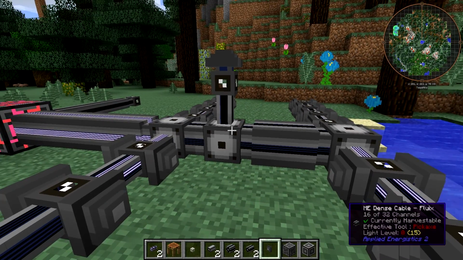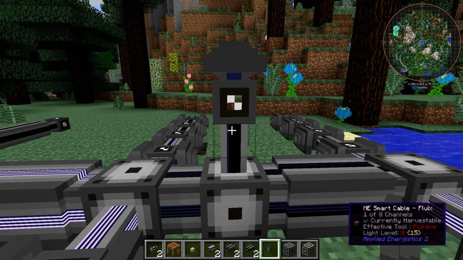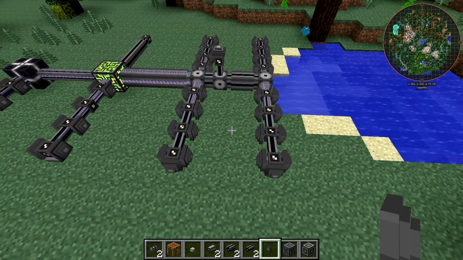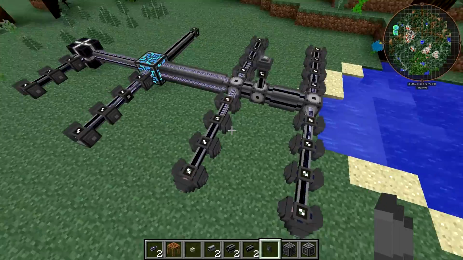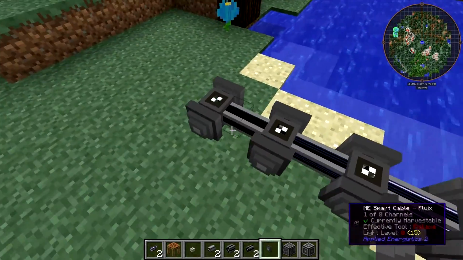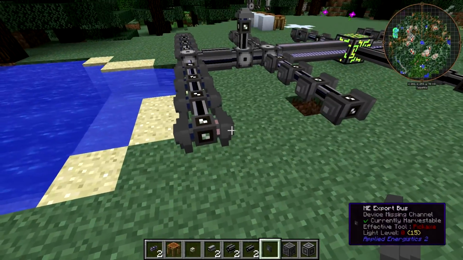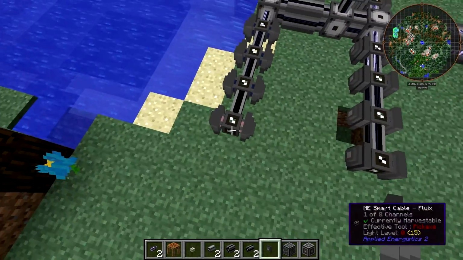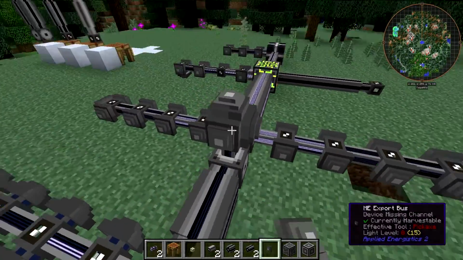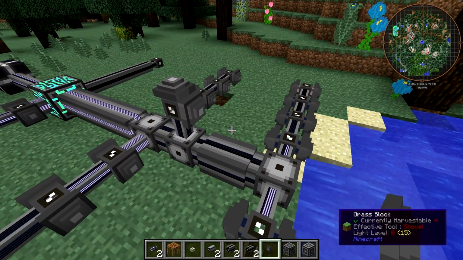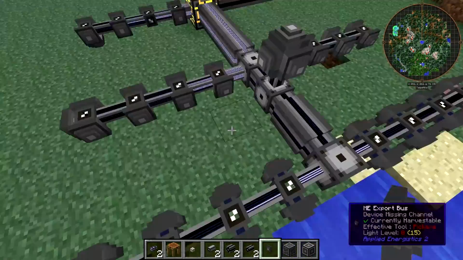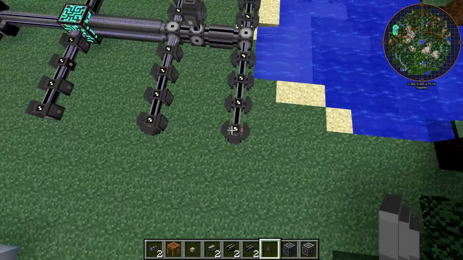Now, when I plugged that in, you'll notice that it actually fired up and it started using 1 channel off of this dense cable. It didn't not work. Instead, what happened is that this one turned off. I assume because it's further downstream. If I plug another one in, we'll see another one turns off. And if I keep doing this, no more. Then this one turned off. So it's turning off the ones that are furthest away